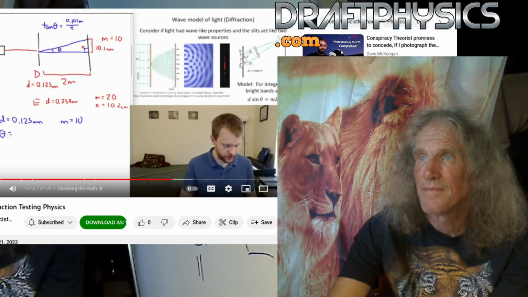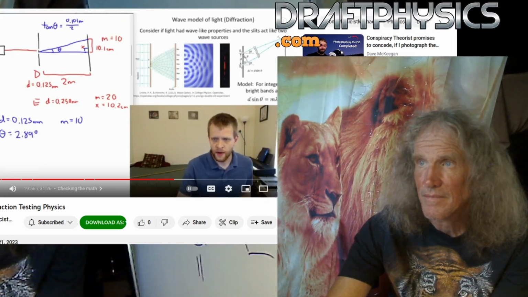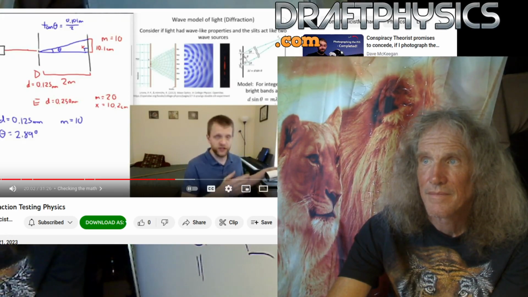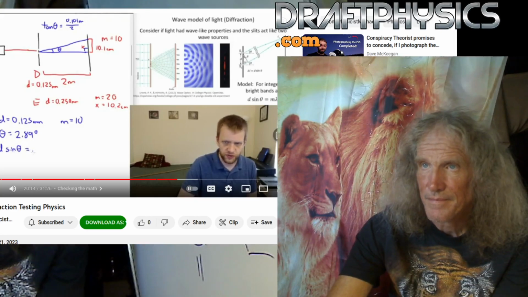...tangent of both sides. When I take the inverse tangent, I get my angle as being 2.89 degrees for that diffraction angle. And let's see if we can take this information together and figure out what is the wavelength of this particular laser, this helium neon laser. Okay. So we're saying that we should have d times the sine of that angle theta equals m times the